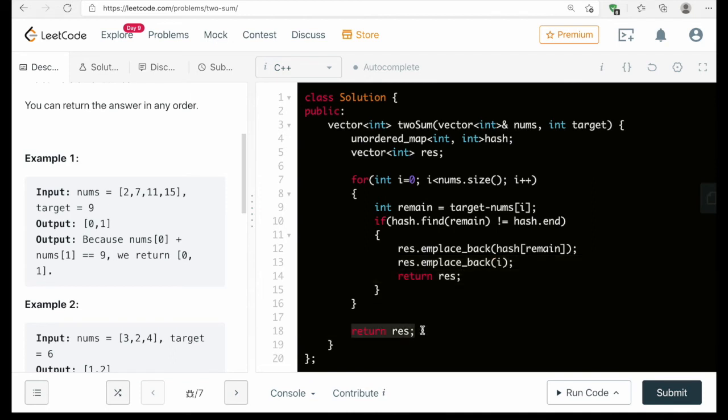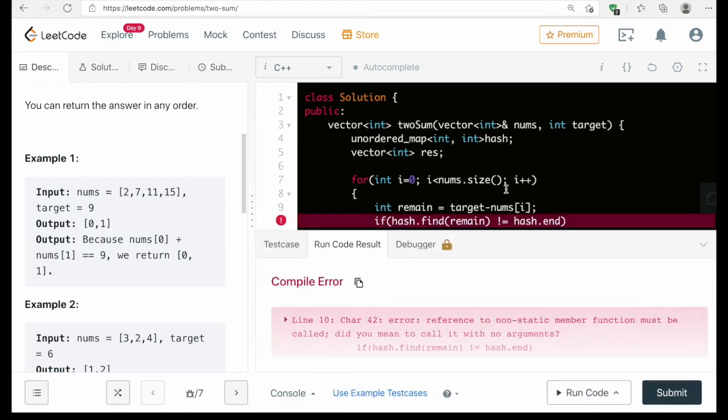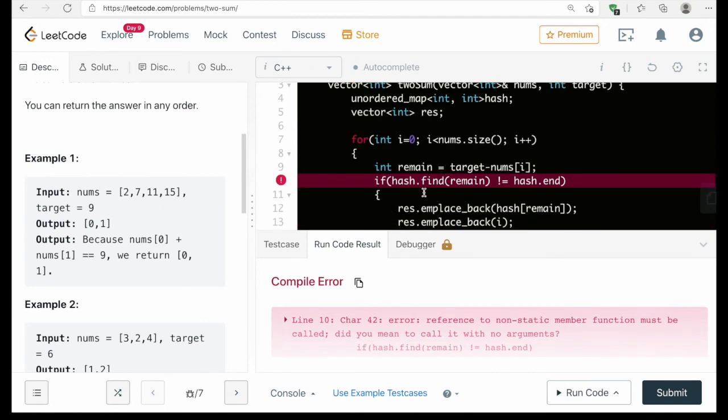If we don't find anything, we'll just return the empty vector. So let's run this. Okay, there is some problem here.